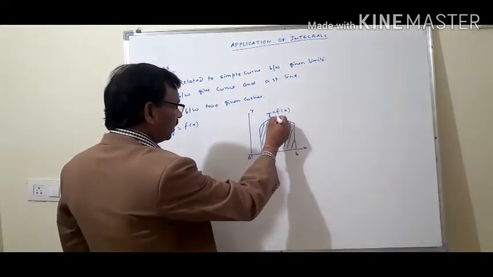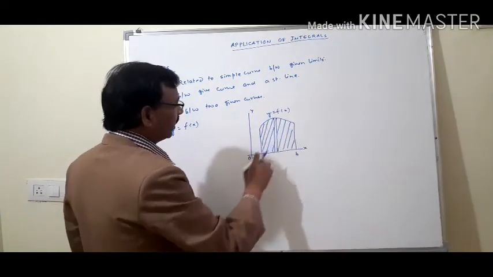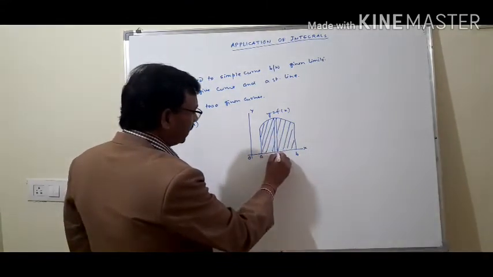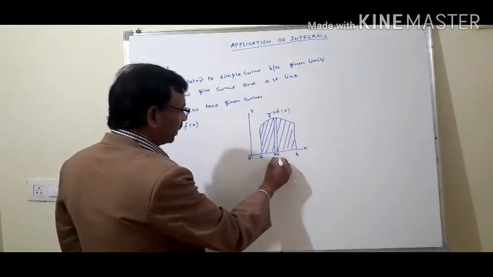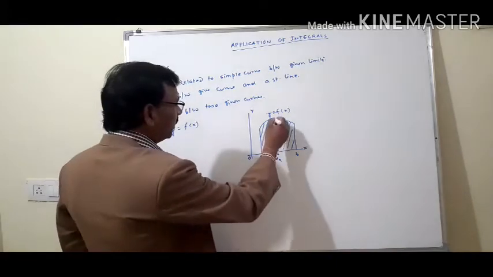And again we consider this is the shape of a rectangle, and the width of this strip is very small, so we consider the width of this strip is dx,